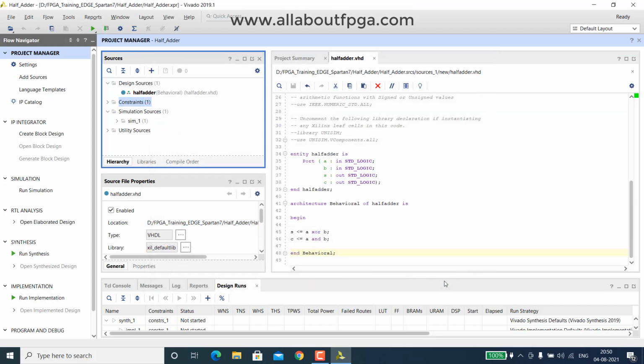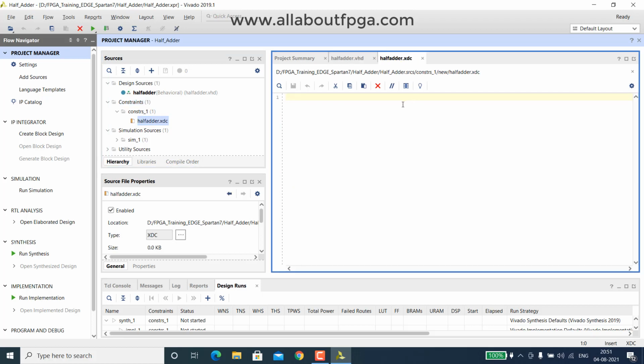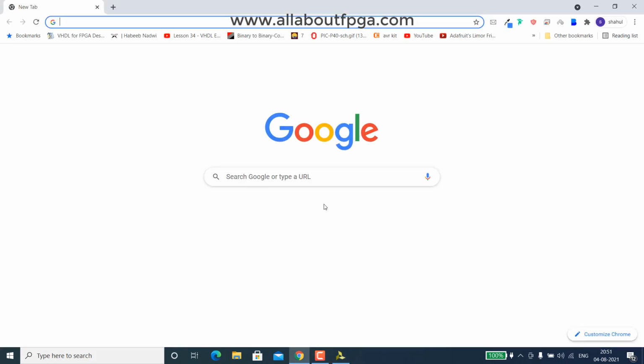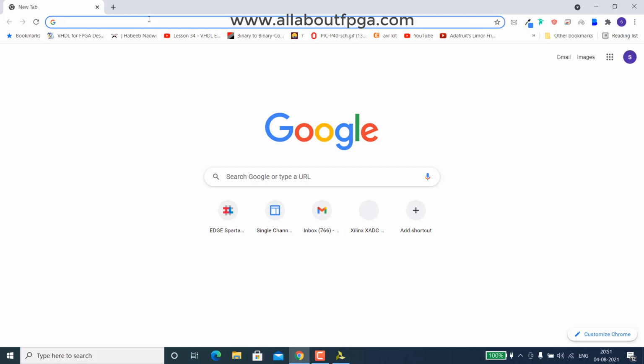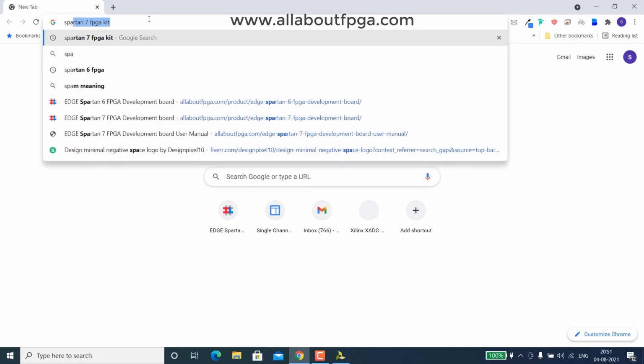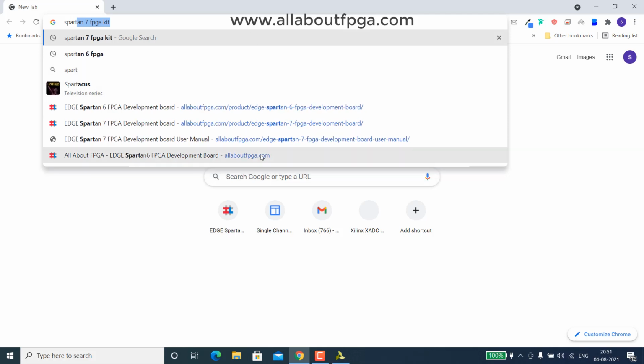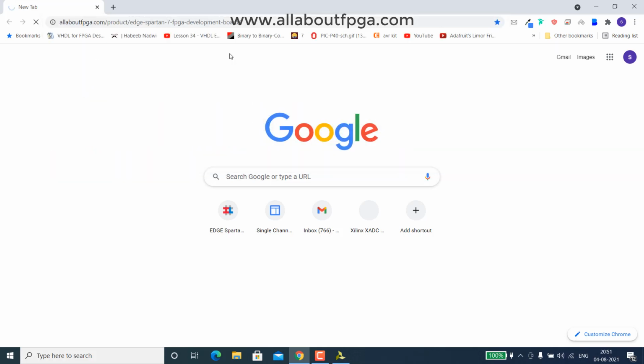Finish. This simply creates an editor with the name halfadder.xdc. So this is a simple editor. We have to assign the constraint file, which can be directly copied from our website. You have to go to our website, product, Spartan 7 FPGA development board.